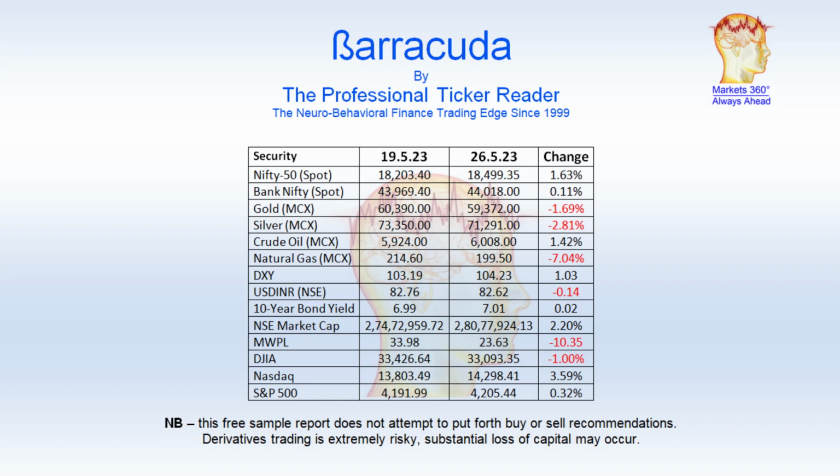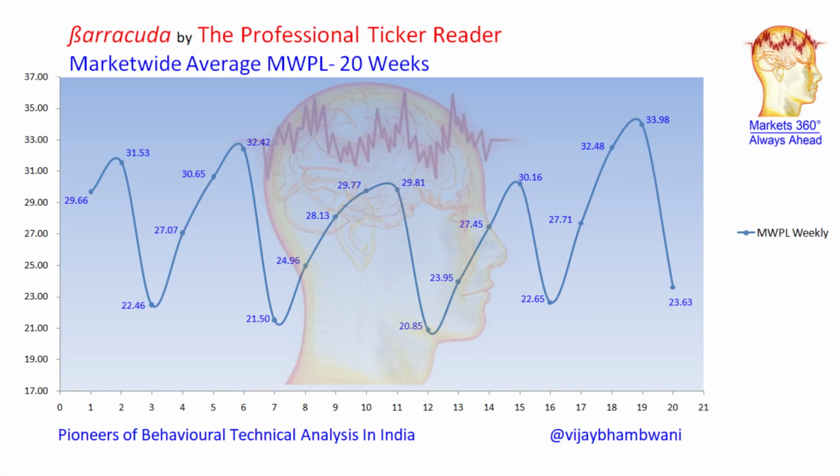The NSE gained a little over 2% in market capitalization. That tells you that the rally was somewhat broader based, as you can see from the Nifty, which is a broader index compared to the Bank Nifty, which rose. Where the overseas markets are concerned, it was the Dow Jones Industrial Average which fell, whereas the Nasdaq, which is a technology-heavy index, rose. S&P 500 also rose one-third of a percentage point. So overall, the overseas markets gave us tailwinds. Coming now to the in-house